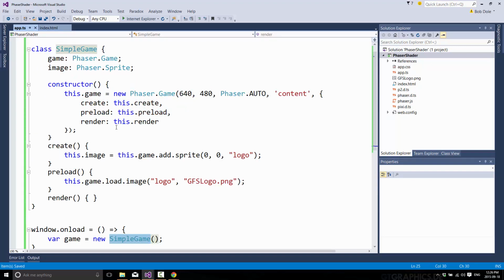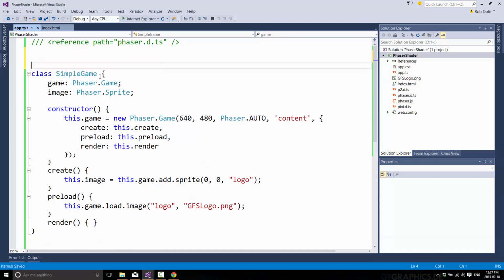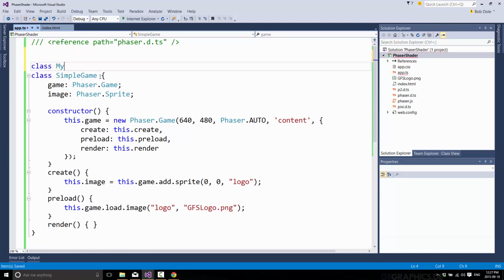Oops, wrong guy. Okay, so now that we've done that, we want to go ahead and actually add a shader to our game. And this is going to involve creating a couple of classes. I'm going to do them out of order. We'll do them all in the same file, though. First, we're going to create our shader. And this is